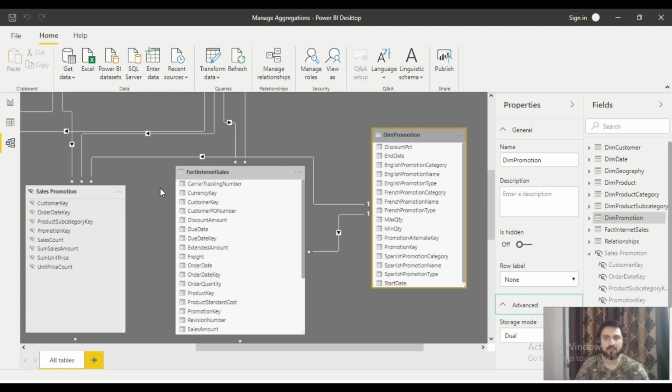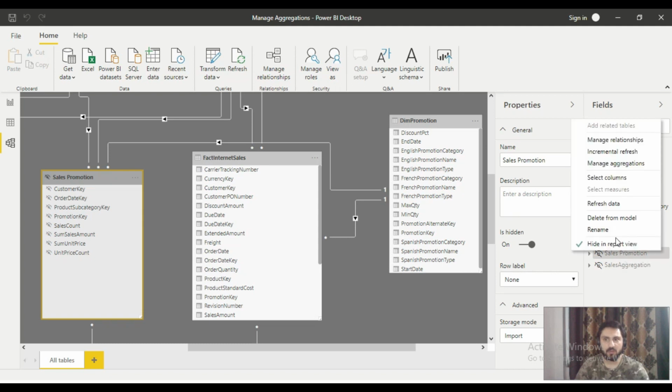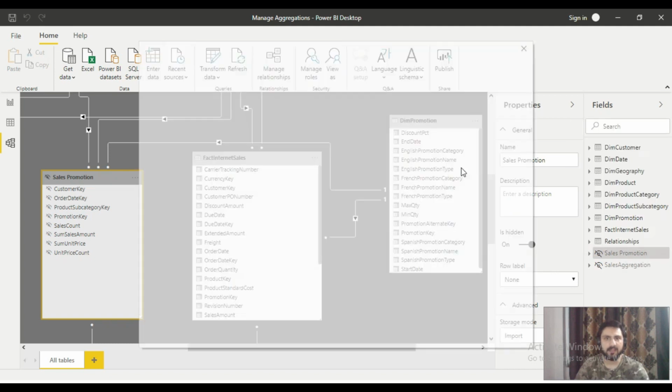The aggregated table is in import mode. Now our relationships are defined. If you remember, the second step is defining the aggregations in the manage aggregations window. So let's right click and open manage aggregations.